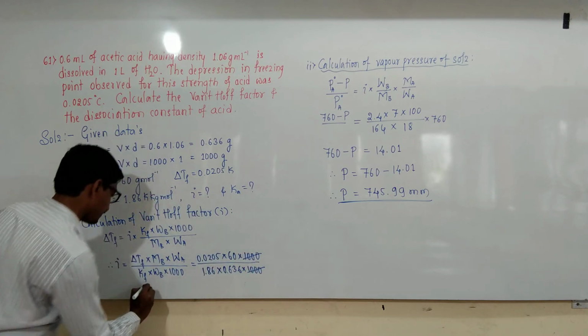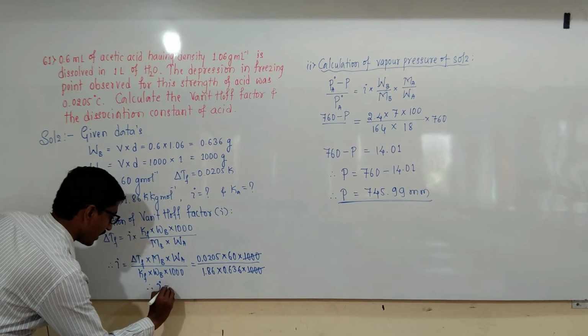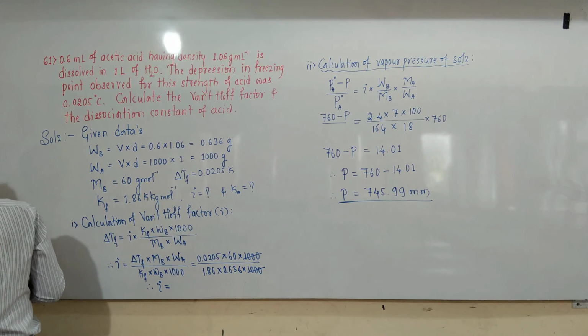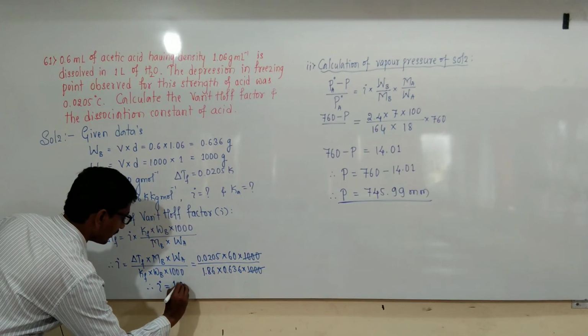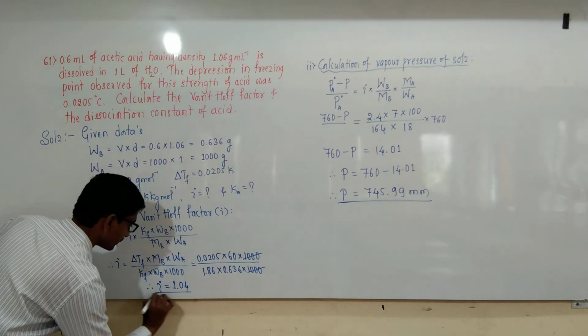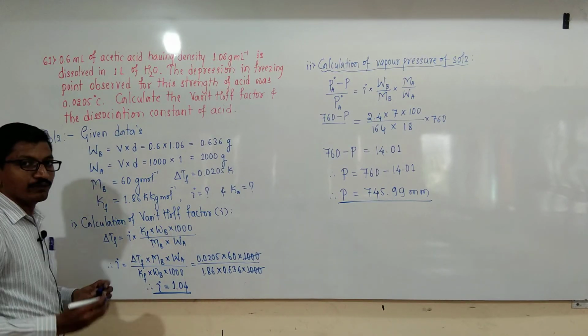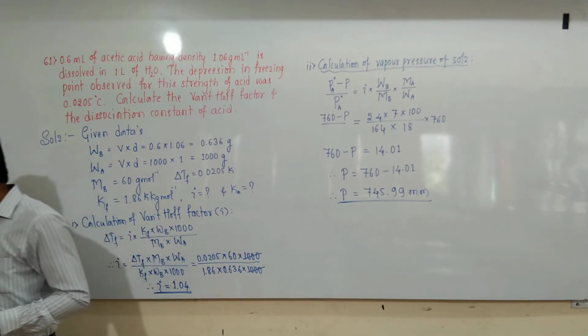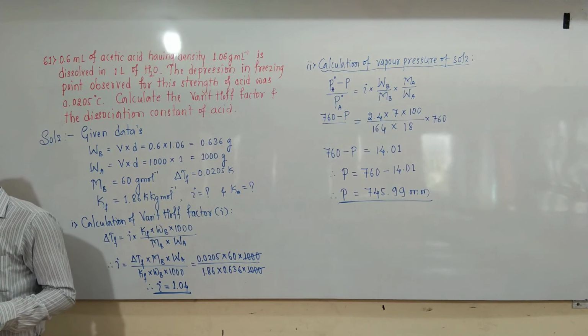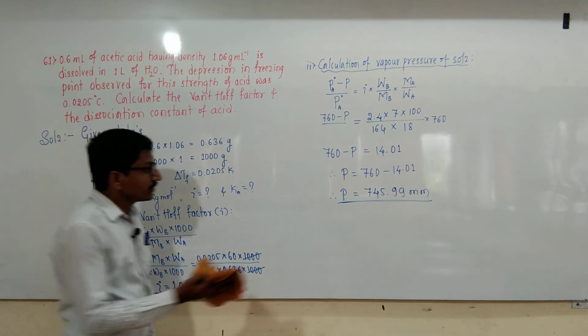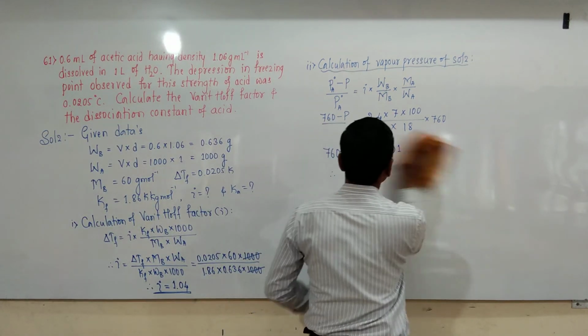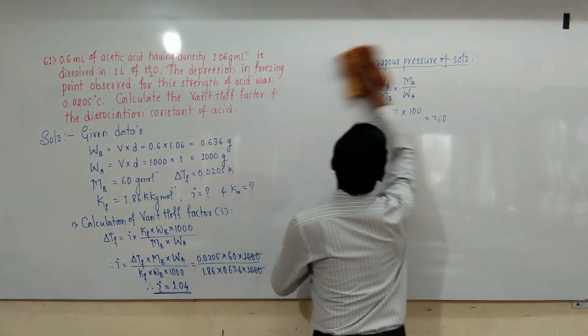And from this, therefore, I value is 1.04. This is the I value. The van't Hoff factor for acetic acid is 1.04. Next is calculation of